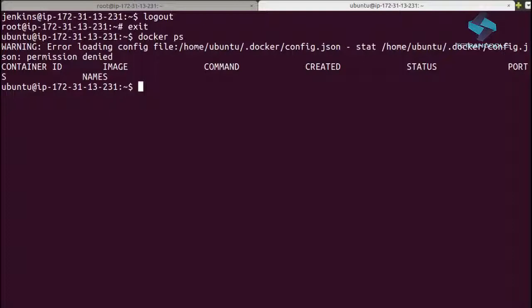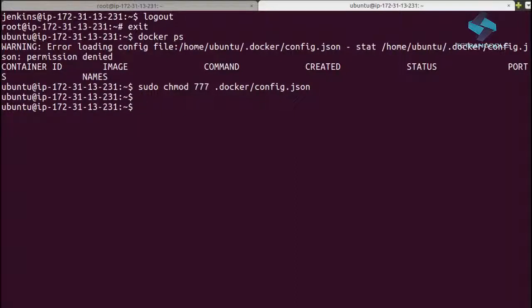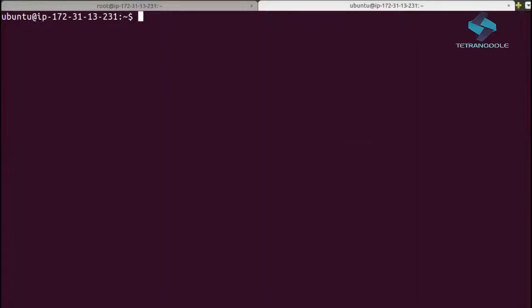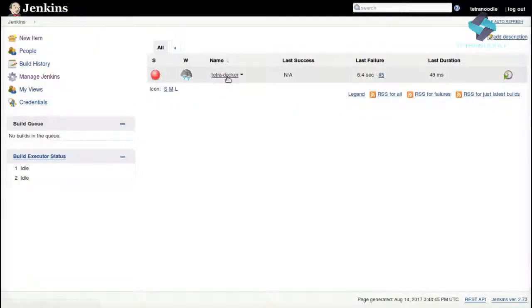So what we need to do is just sudo chmod 777 on the docker config.json, if the file is there. Yes. Okay, and then we have to type docker ps again. So again it gives an error. Well, let's see, for running a job,